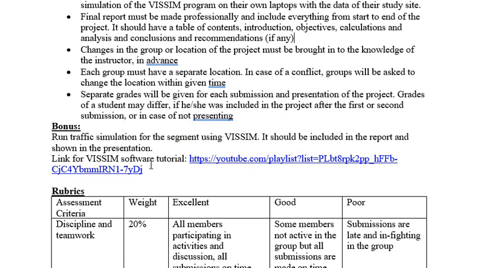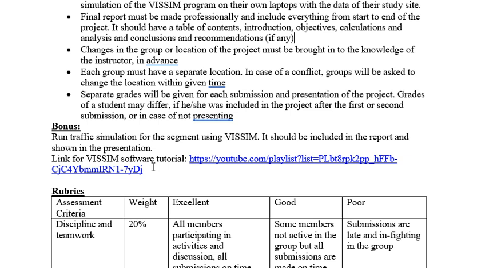You can use Wisdom software as a bonus, and if you are using it, make sure that the software works at the time of presentation. You have to show me that the software is working, and whatever you did in the software should be part of the final report. If you didn't use the software, you can still get 20 out of 20, no problem. This is not mandatory. Use of software is not mandatory because it's a student version. It creates problems when you try to use it. It's a heavy software. If you feel like you have to do it, if you want marks, then go ahead, no problem.